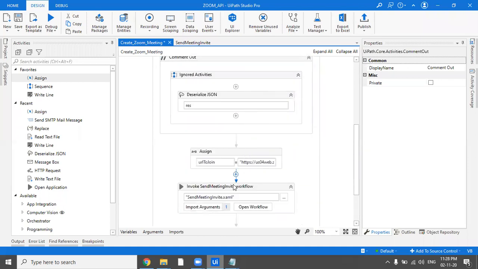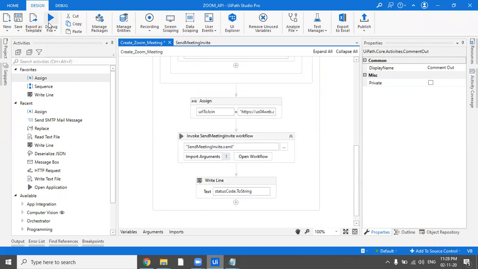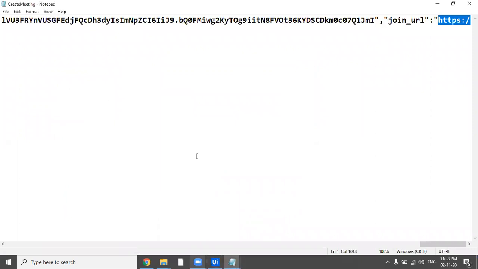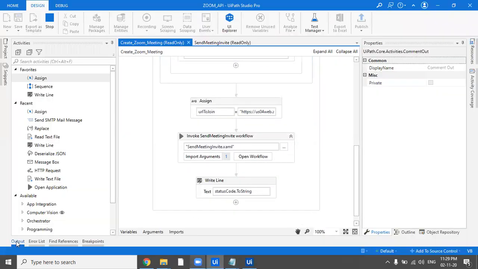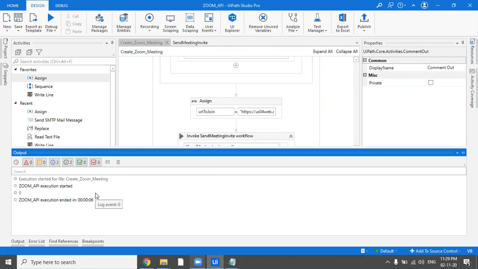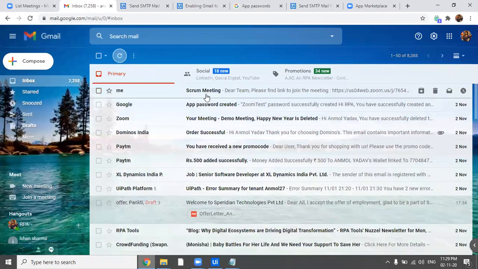And yeah, let's just pass in the URL to send meeting invite to see the outcome. Let's open the output pane to see when it is executed. Okay, so the execution has stopped. Let's go back, so we have got this here.